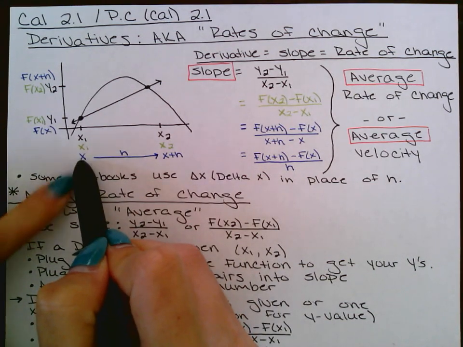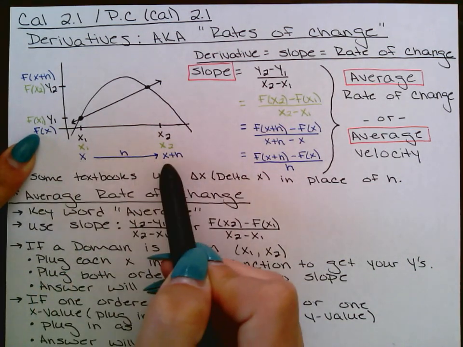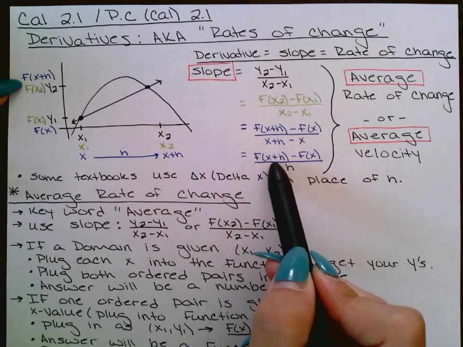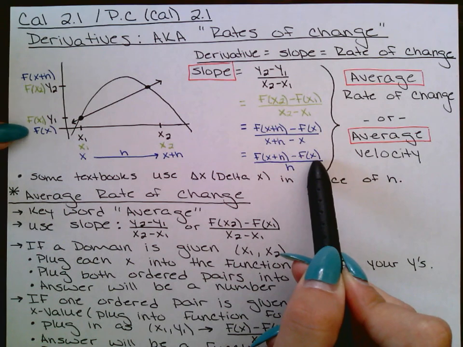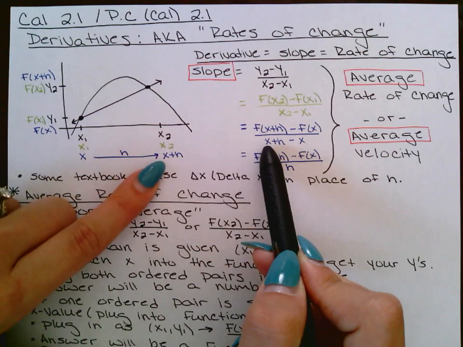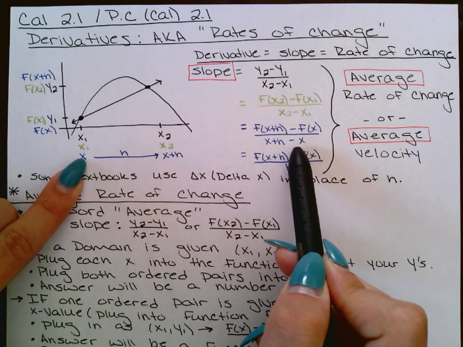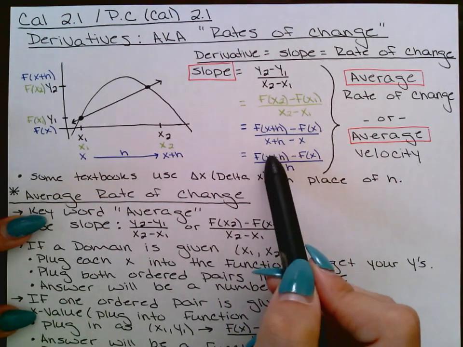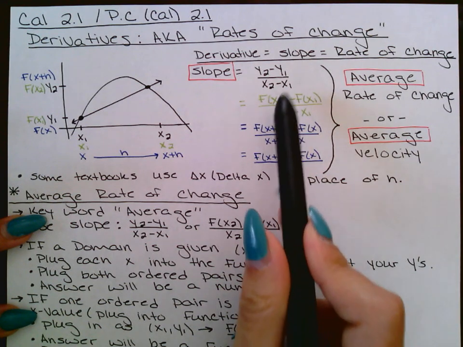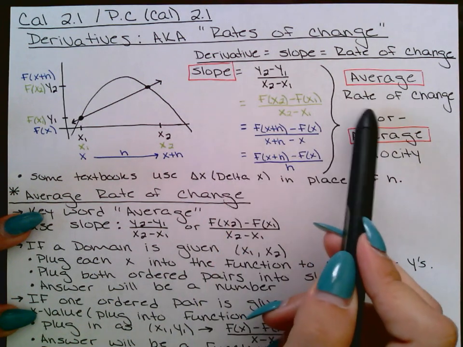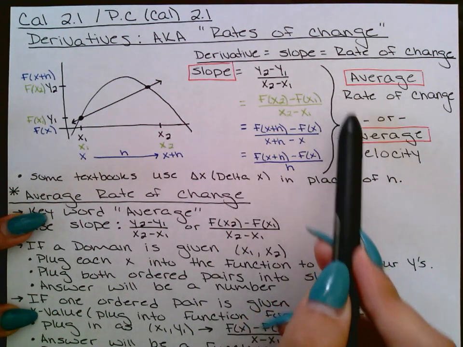So now if this is x, in blue this is f of x, and if we call this x plus h, we can call this f, the function, at x plus h. So now my y2 becomes f of x plus h, my y1 becomes f of x, and then my denominator x2 is now x plus h, minus x1 is just x. Those two x's cancel, leaving me with this. All of these three scenarios, the black, the green, and the blue, which is just a cleanup version, are all different ways of saying slope, average rate of change,